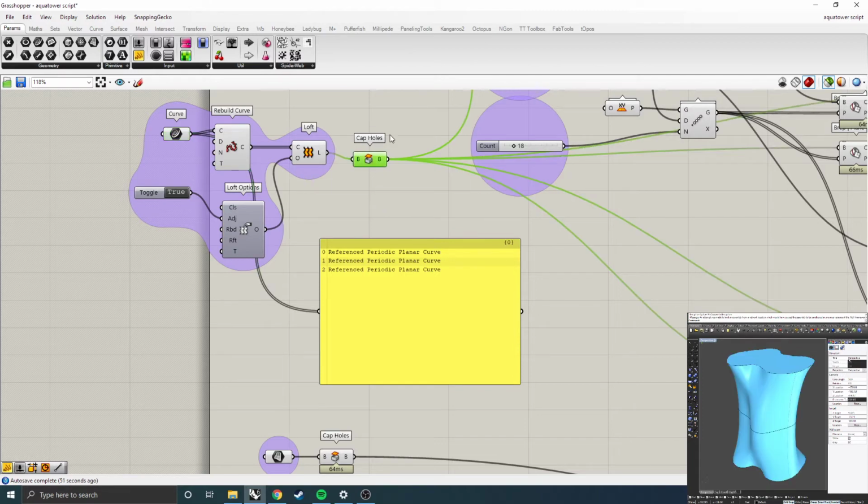Finally, there's this cap hole tool. All this does is it creates a cap on the top, and in this case at the bottom, of the shape that we've got. This only works for planar surfaces. It will not work if you've got something curvy. The tool for that is generally patch, and you have to select data manually, and at that point you're better off just referencing the surface after you fix it from Rhino, instead of trying to build it in Grasshopper a lot of the time, or find a way to rebuild it in Grasshopper. So anyway,